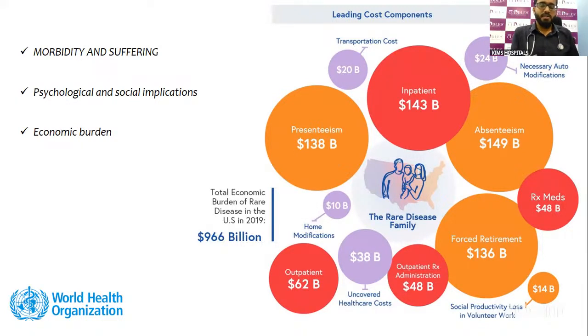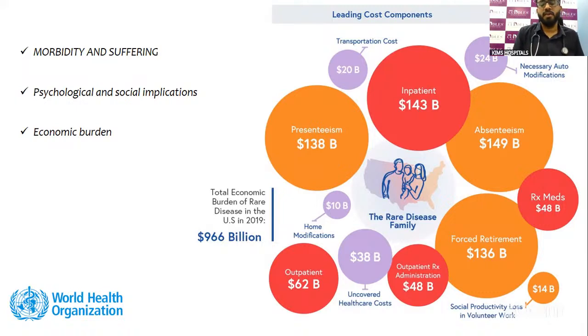Rare disorders per se are rare, but if you see the paradox, rare disorders collectively are not that rare. So the combined incidence of rare disorders is around 1 in 200. When you put them all together, it's not very uncommon. And most genetic disorders have complex diagnosis and complex clinical presentation, and also a constant diagnostic odyssey. Nobody gets the correct diagnosis in time, so they go through a long journey of diagnostic odyssey